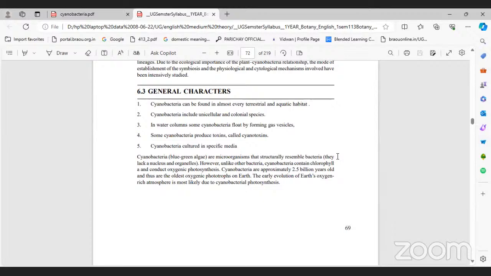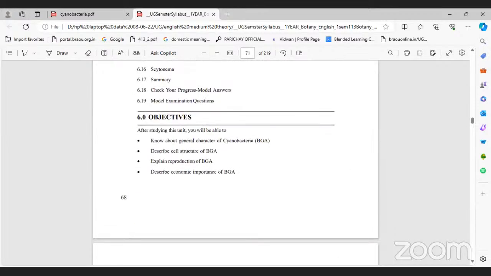And what is given in the second character? Unicellular. That means the second heading should be thallus structure or thallus diversity, or organization of thallus. Put the heading there, thallus organization. Write down the heading, thallus organization. Let's see the thallus organization.